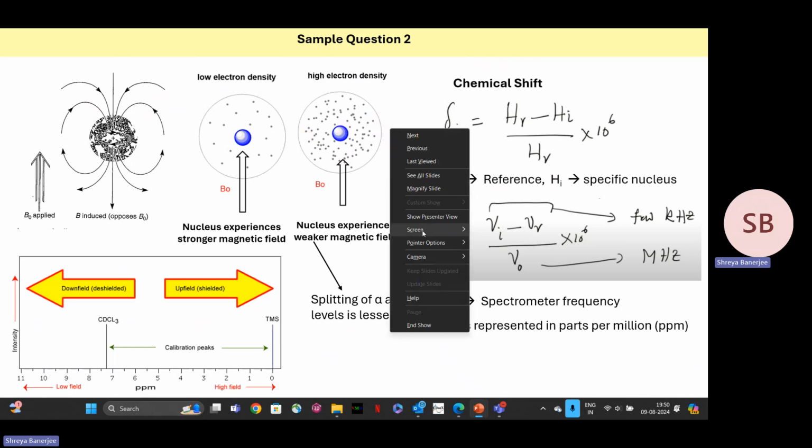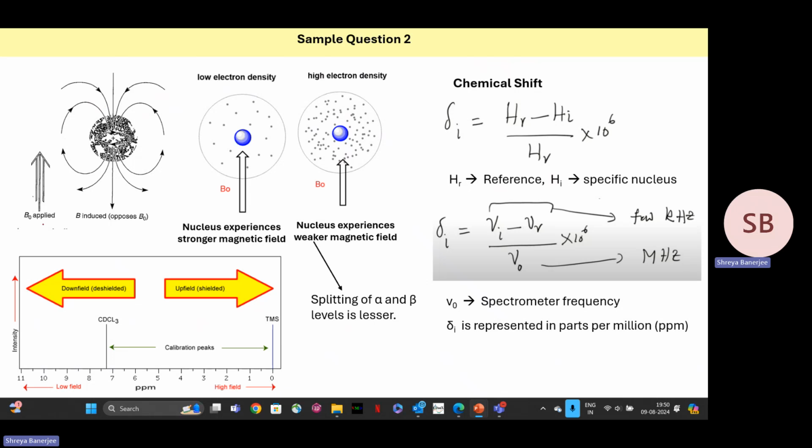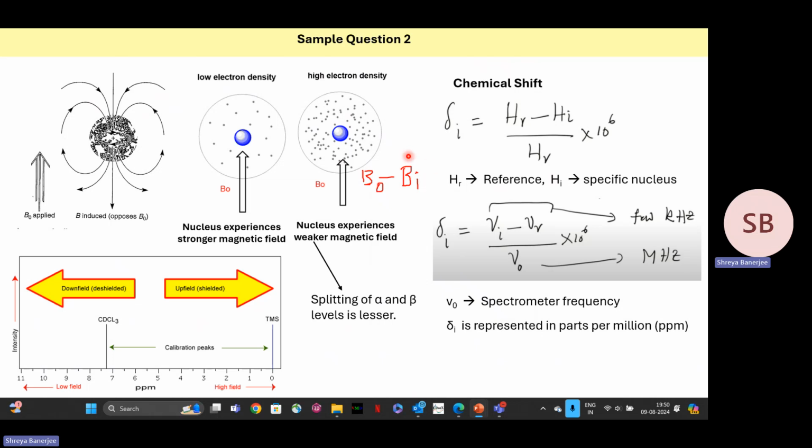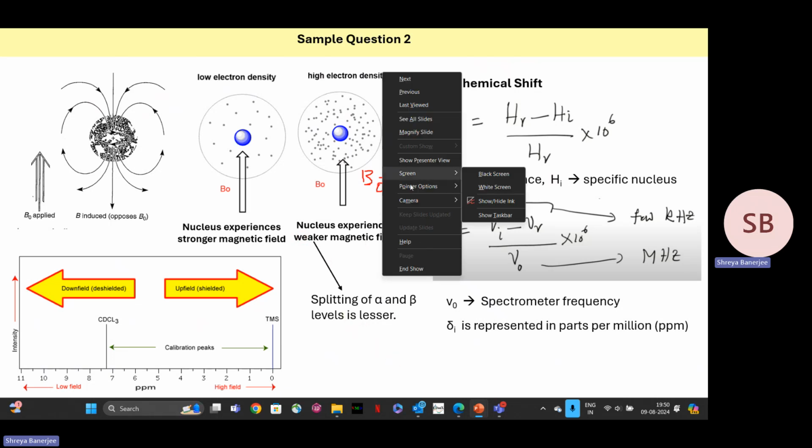If the nucleus is highly shielded, that means your applied magnetic field B0 is greatly reduced. The nucleus is highly shielded, so it is feeling a magnetic field of B0 minus Bi, which is the induced magnetic field. Highly shielded means that the induced magnetic field is high, so the nucleus is experiencing a very weak magnetic field. And we know that if the magnetic field is weak,